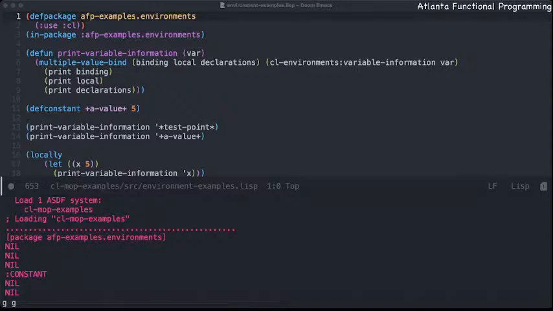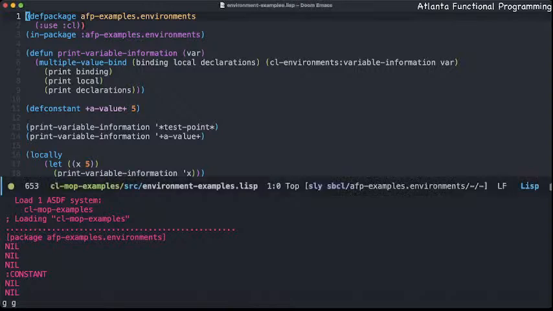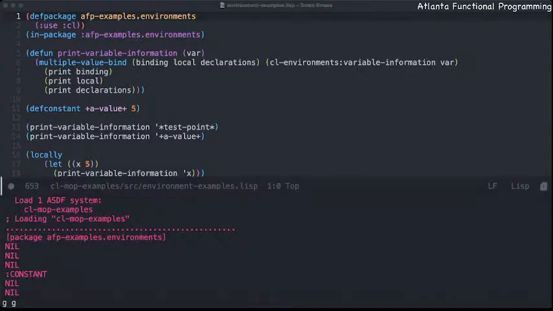To begin with, we must understand what an environment actually is, and I think that last time I didn't cover this information, but now reading the section in Common Lisp the Language, I'm beginning to understand why it's important to talk about what an environment object is, so that we can begin to talk through the API. So what is an environment? Well, an environment in a nutshell is, as I understand it, a data structure that contains information